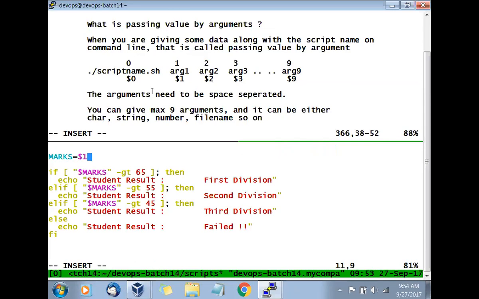That's all. Very simple, right? That is a powerful way of passing the data as arguments. So you will only make one change, that is marks is equal to the position value, whichever position you want to go with.